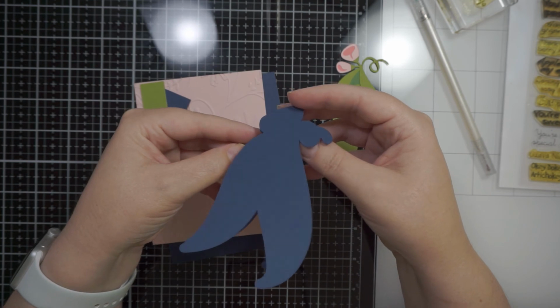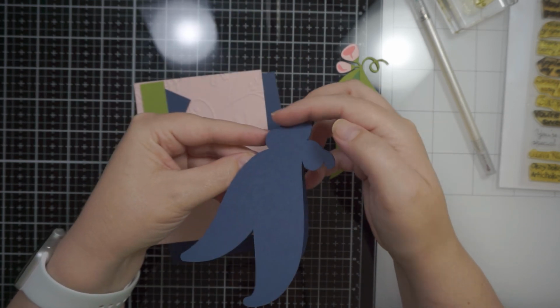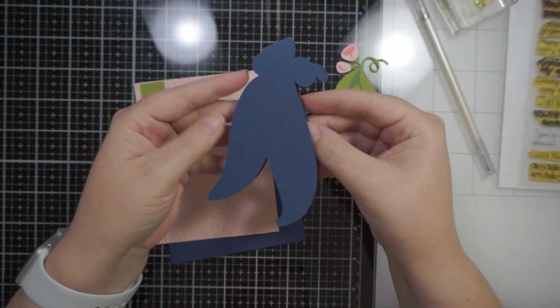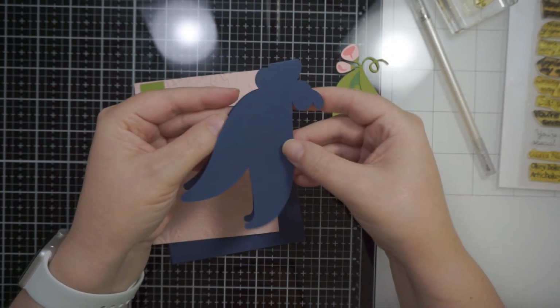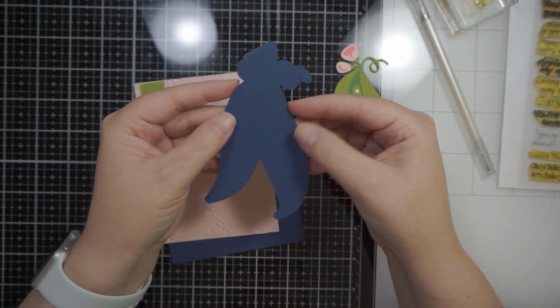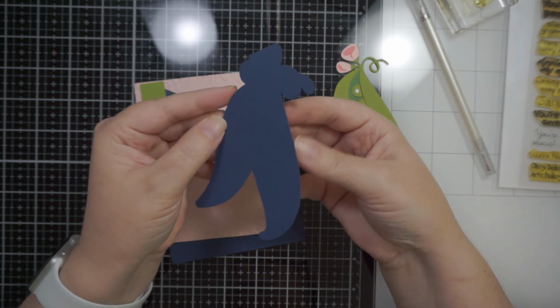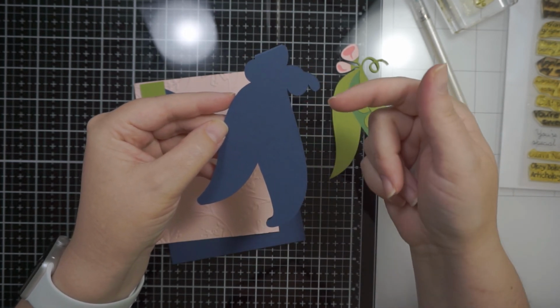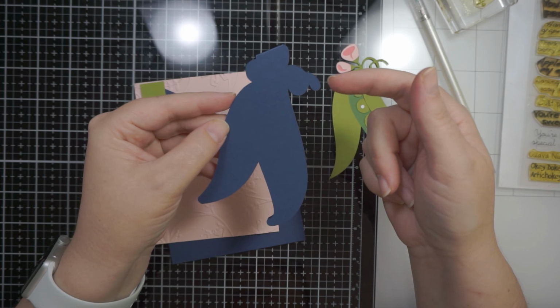I then flipped it, and there's a button next to the alignment one on the top bar. I then flipped it vertically so that my hinge was on this edge, because I couldn't find an edge that I thought was better suited for that. So that's why this one's flipping up rather than sideways like the other two. Once I'd flipped my image vertically, and my cat may make an entrance,